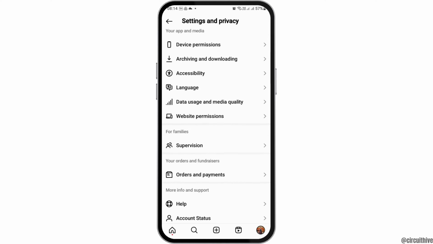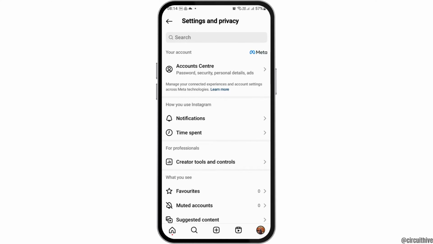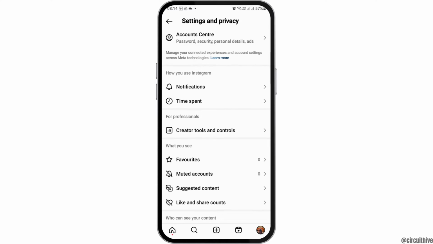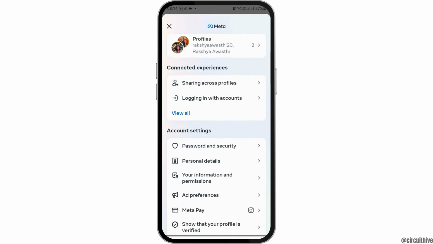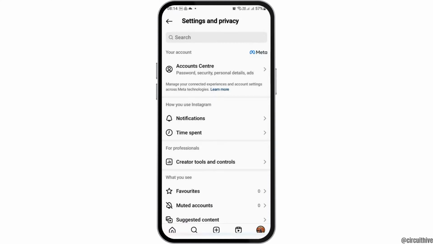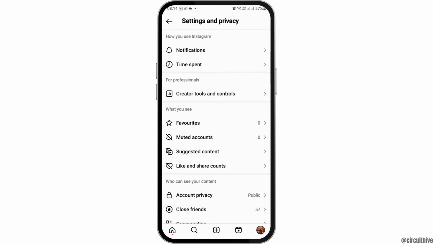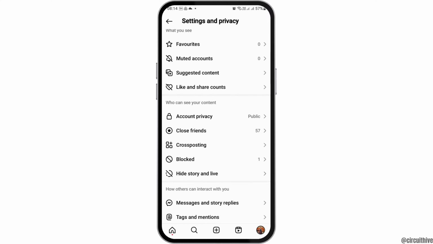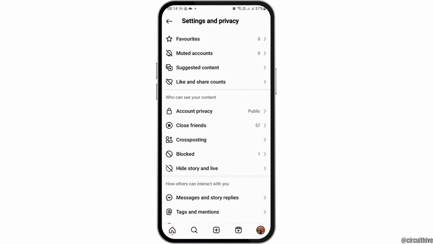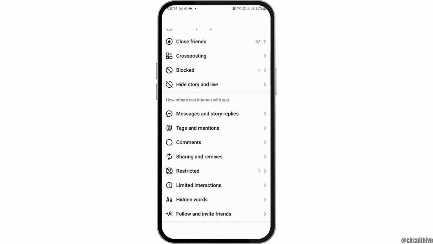Now after you see an interface like this, you have to go to the next option, that is the option of the account center. Now after you tap on the option of the account center, you can see an interface like this. You can go to the option of accounts there, or otherwise you can just scroll backward once again and then go to the option of account privacy, or you can go to the various people that are blocked there. And after that, you can also go to the next option, that is restricted, because after